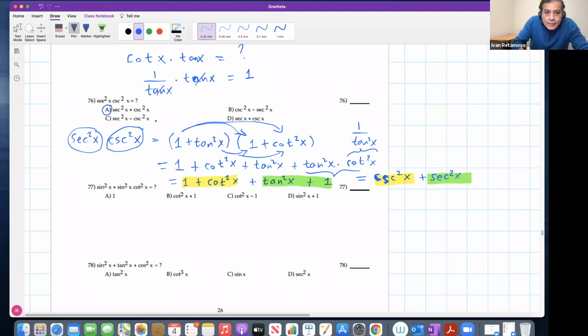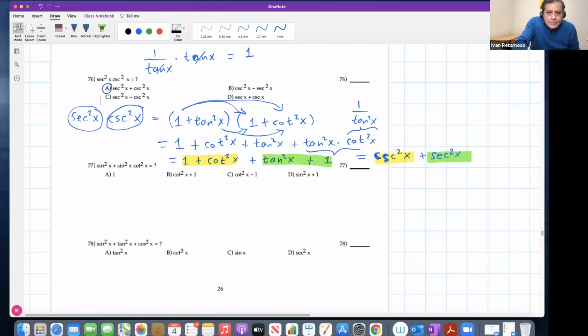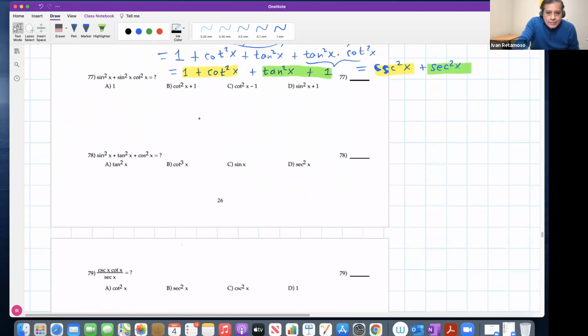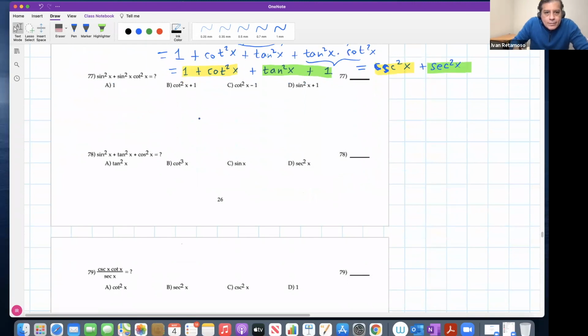Thank you, Regine, because when you are taking the exam, guys, don't go fast. When you have to pick your answer, try to see which one reflects exactly what you have. Look, secant square, cosecant square, cosecant square. The order of the items does not change in a sum, right? So it's got to be A for 76. Very good. Probably this is the trickiest one because the rest are just applications